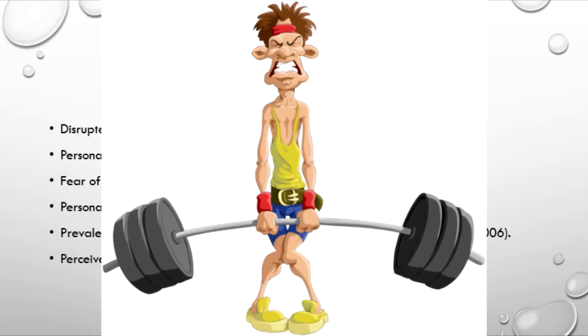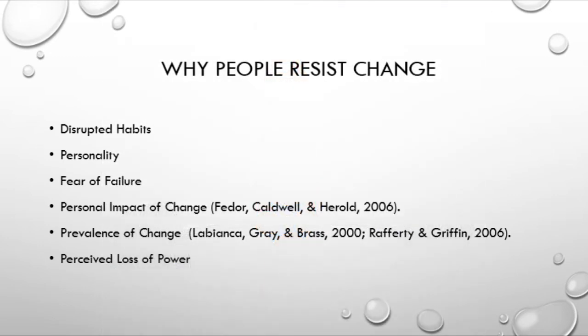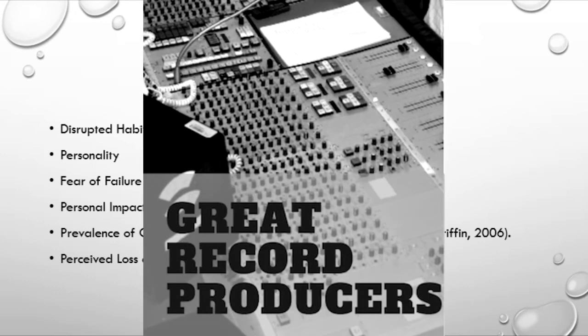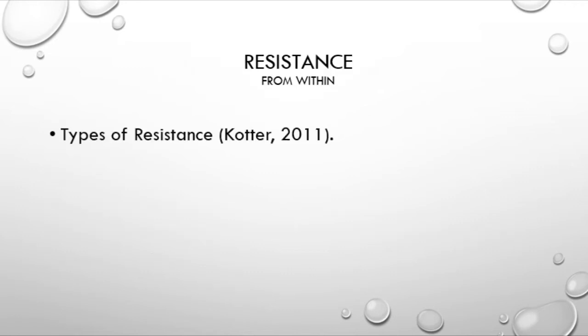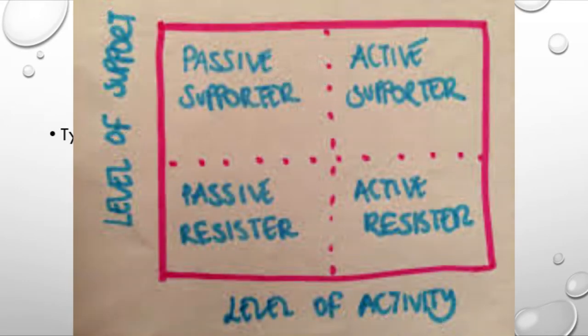Perceived loss of power is going to be a big struggle. Given the loss of prestige and status in the new structure, some supervisors may resist the proposed changes, even if it is better for the organization to operate. People just like to be known for what they do, especially in music production. We'll just have to learn how to deal with putting the focus on the artist instead of on the producer and engineer. According to Cotter, there are really two types of resistance: passive resistance and active resistance.